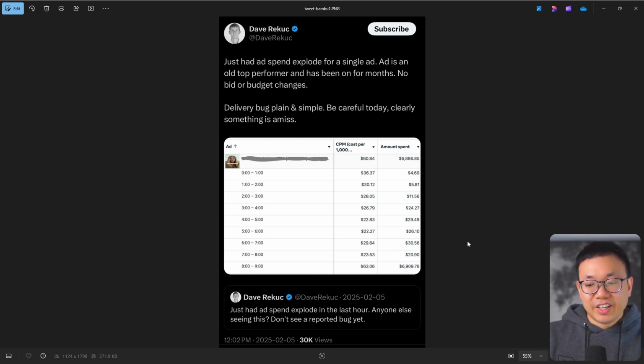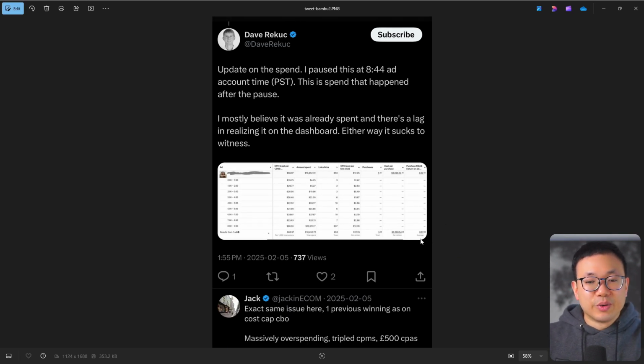And actually, it got even worse, right? Because even though he stopped the spend, it probably had already spent through, so the reporting was a little bit lagging behind. So you can see here that there's actually 10,000 for that 8 to 9, 8 a.m. to 9 a.m. period. And so this is something that we see all the time, right? This happened just last month to Bamboo Earth. It's happened to us a number of times throughout the year, and